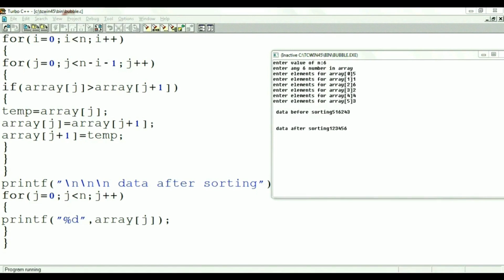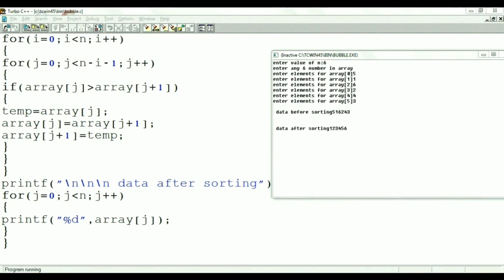It will enter into the if statements. At that point, we have array of 2 greater than array of 3, that is 6 greater than 2. As this test condition is true, the statements following the if block are executed. We have temp equal to 6, that is array of 2.